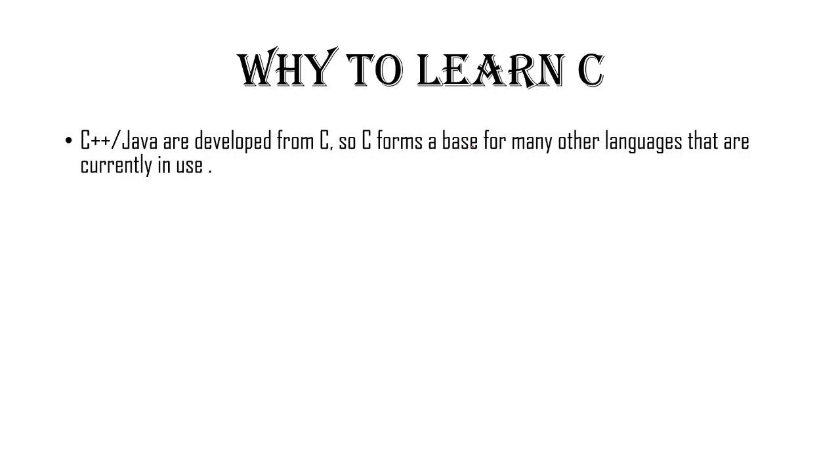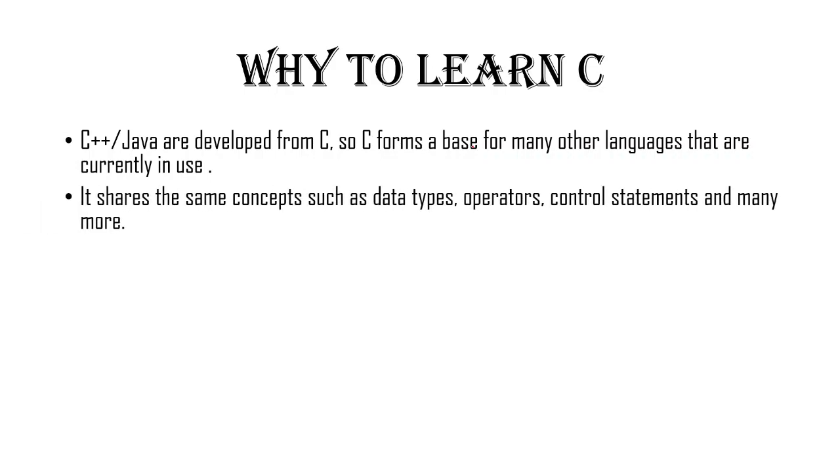So if you can see, C is the base for many other programming languages like C++ and Java. And the basic concepts, such as data types like integer or character, and operators like plus, minus, divide, modulus, and control statements, meaning how the flow should be controlled. Okay, we'll discuss all of this in the upcoming videos, and many more of these things are very similar to